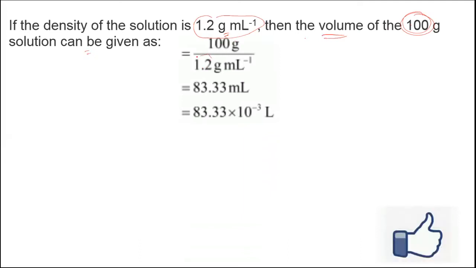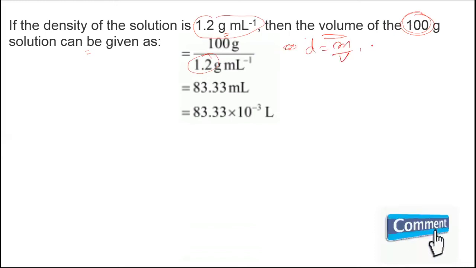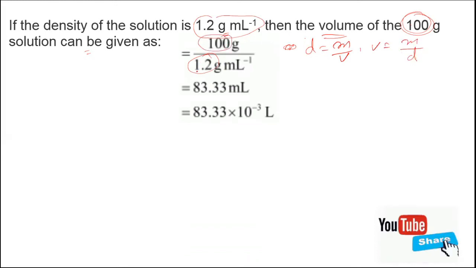By dividing it by the density. As you know, density is equal to mass upon volume, so volume will become mass upon density. So mass is 100 gram, density is 1.2 gram per ml. When we solve it, the value comes to be 83.33 ml, or 83.33 into 10 to the power minus 3